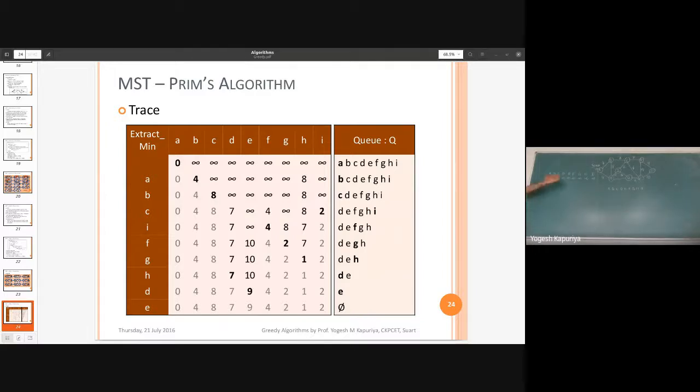So which one will be extracted? The minimum value. Which of these is minimum? A, because A is 0, everything else is infinity. So A is the minimum value which we have. That means we have extracted A.